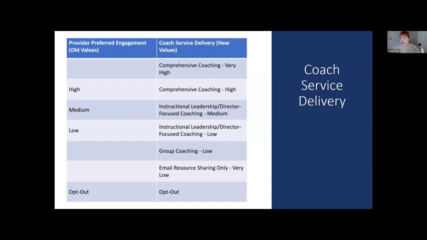So I think it would be great practice if you could take a moment, maybe quarterly, to look at your caseload, and we'll make sure that this data is available to you, to say, are all of my providers in the right place, given how much coaching and what type of coaching we've been doing in this past quarter, just to say, are they still in the right place?